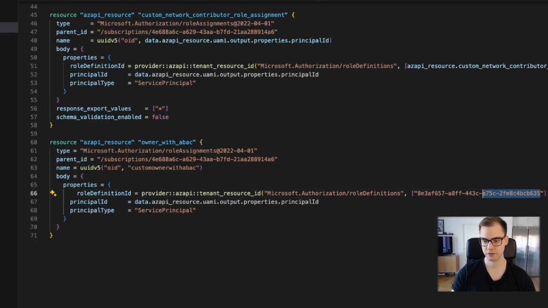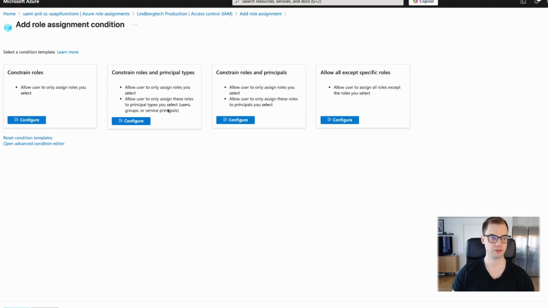So I'll put this in here. This is the GUID for the built-in owner role. So that's the role definition ID. The principal ID here is still our guy, our user assigned managed identity. And then the principal type is service principal. But then we have a fun thing. We have a condition. So what I do sometimes when I just want to get the text for this, in the portal